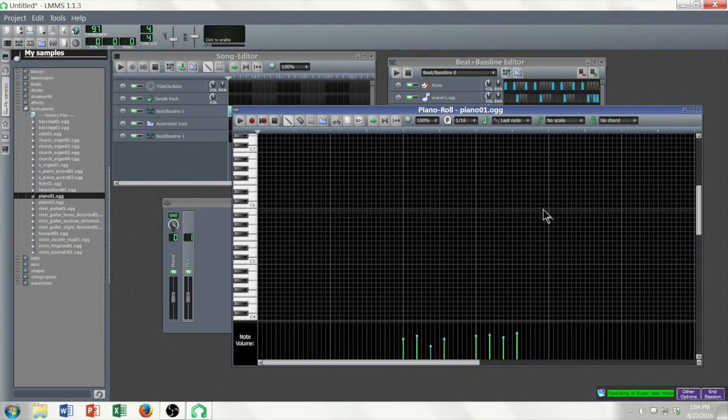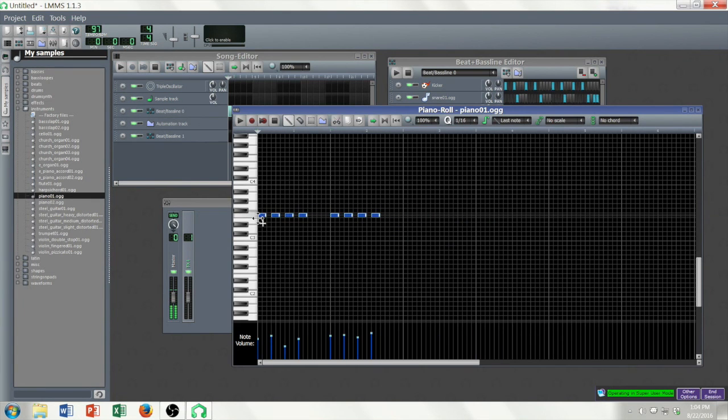Hit stop, and since I waited a couple seconds, it's actually in the 3rd and 4th section, so I can move that. Let me just find the notes. Here's the notes that I just made, and it quantizes and cleans them up, which is great. So what I'm going to do is click on the selection tool and drag this to the beginning. Oh, forgot. Just like before, you got to select it and then click on the pencil and then drag it over. Okay, and now when I hit play,